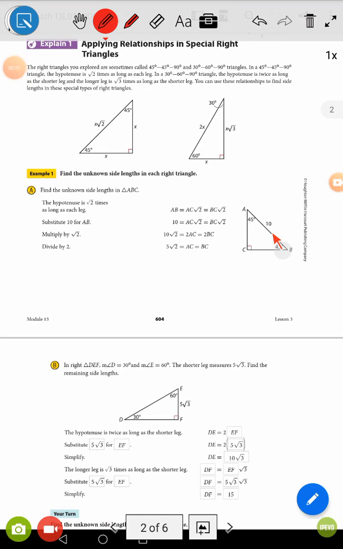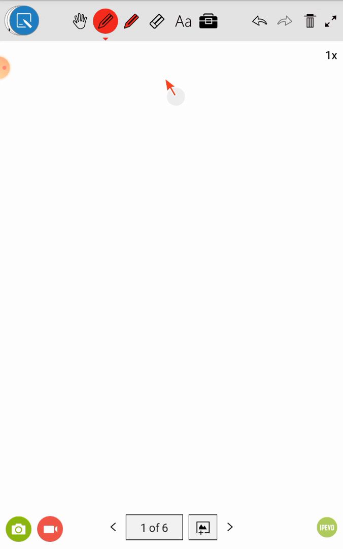Our lesson today is talking about special right triangles. We have two types of special right triangles. The first one is 45, 45, 90 degrees, and the second is 30, 60, 90 degrees. We'll talk about the first one, 45, 45, 90 degrees. Okay, we know that if we have any triangle,